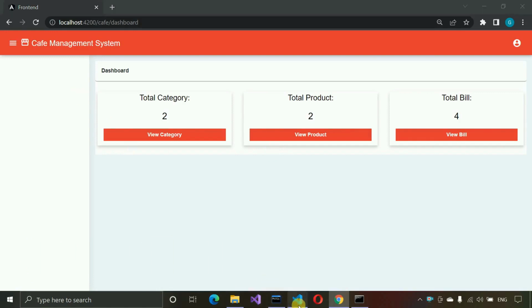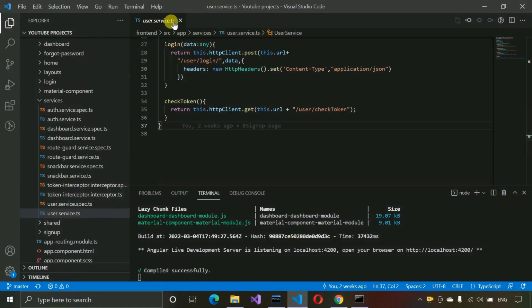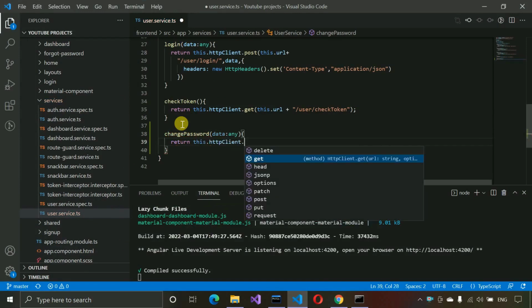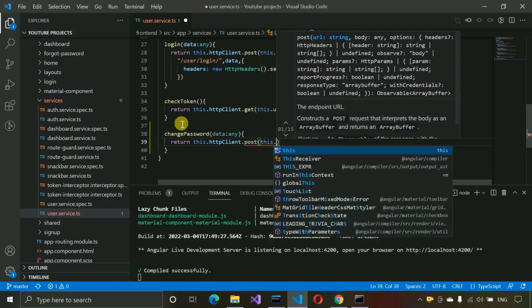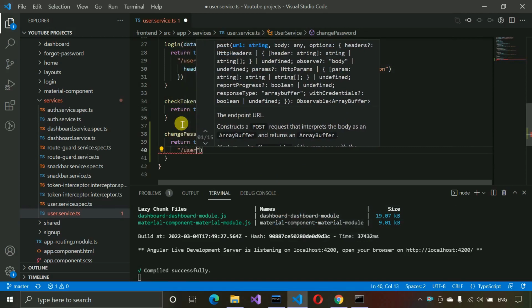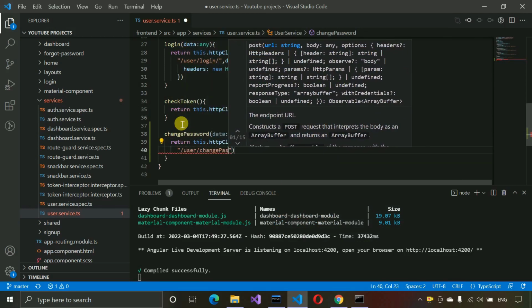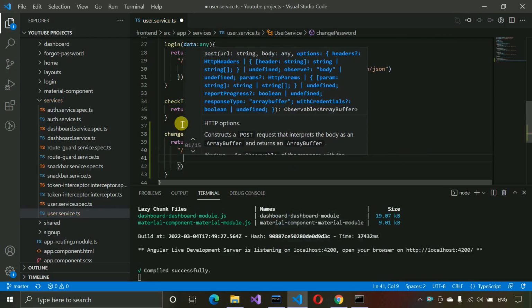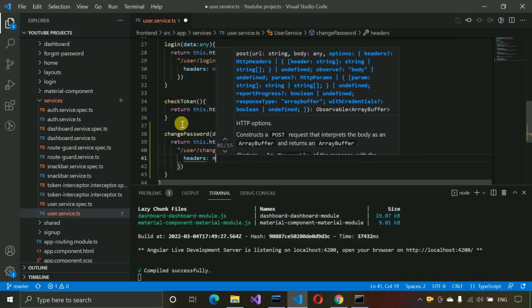So let me open VS Code, and here you can see we have to move to the user services, and here we have to create a method. So change password, and here we are going to get data, and it should be of any type, and after that it will return this.httpClient.post method, and this.url plus /user/changePassword, and after that we have to pass the data, and then in header we have to also pass new